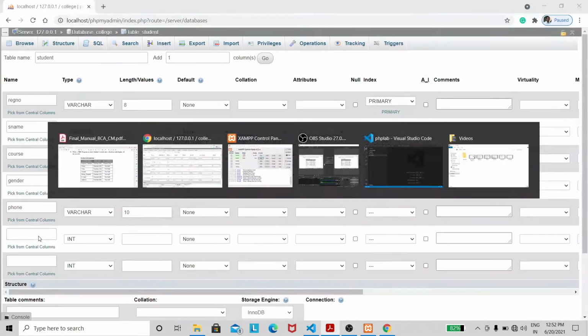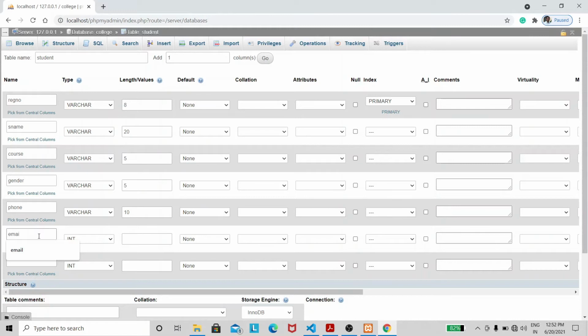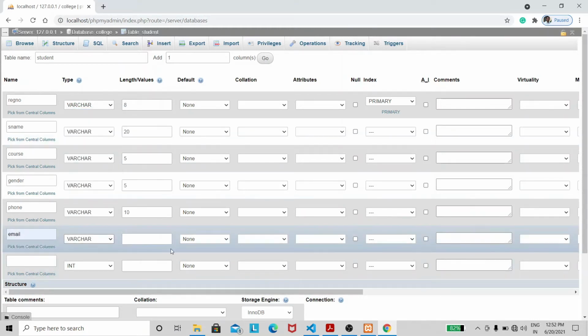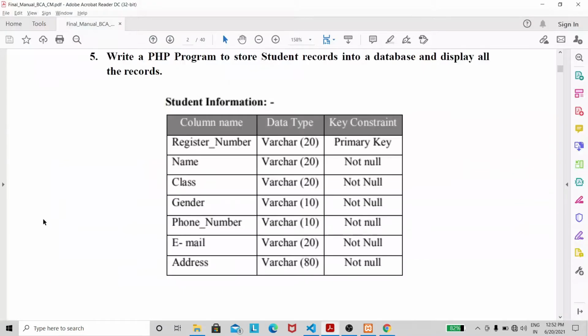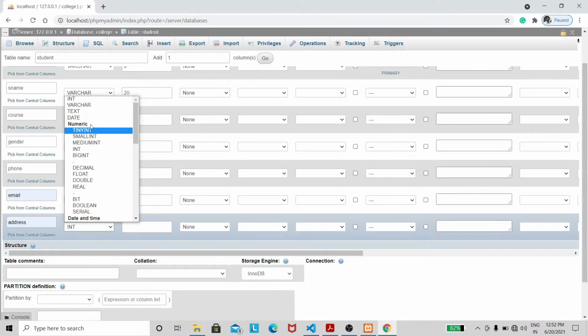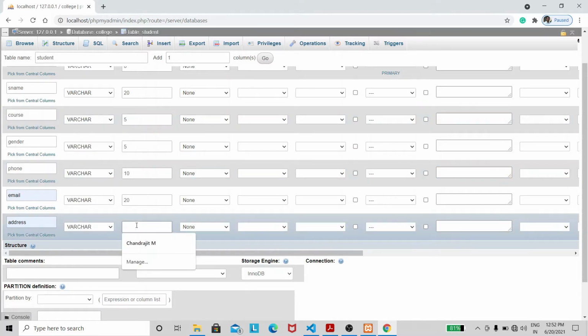Next is the email ID. Select the data type as varchar. I'm going to give it as 20 in length. Next you have address. Address is also varchar. You can specify it as 40 characters or 80 as they have mentioned.